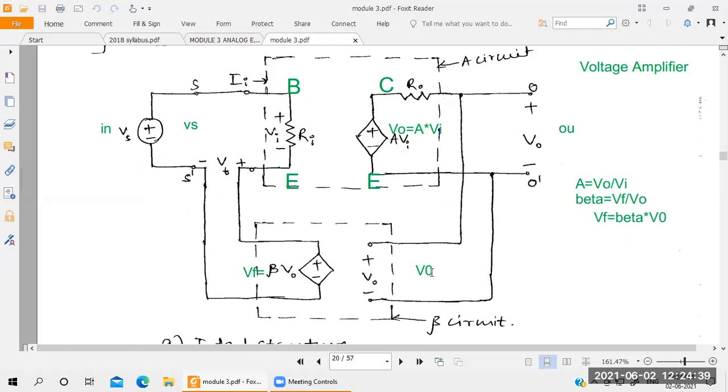So take now V0. Next, what is the output of the feedback now? Voltage. The output of the feedback is voltage. That's why you write a voltage source. So write the voltage source here. You take beta. Beta is the feedback gain here. So beta is equal to Vf by V0, with Vf on the output and V0 on the input. Then Vf you take outside. So what do you get here? Beta into V0. Beta into V0 is the Vf equation, the source voltage equation.